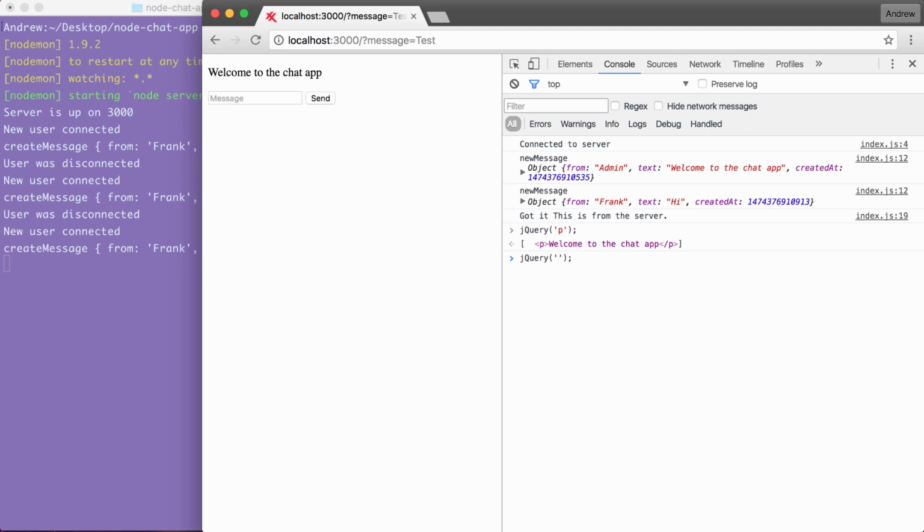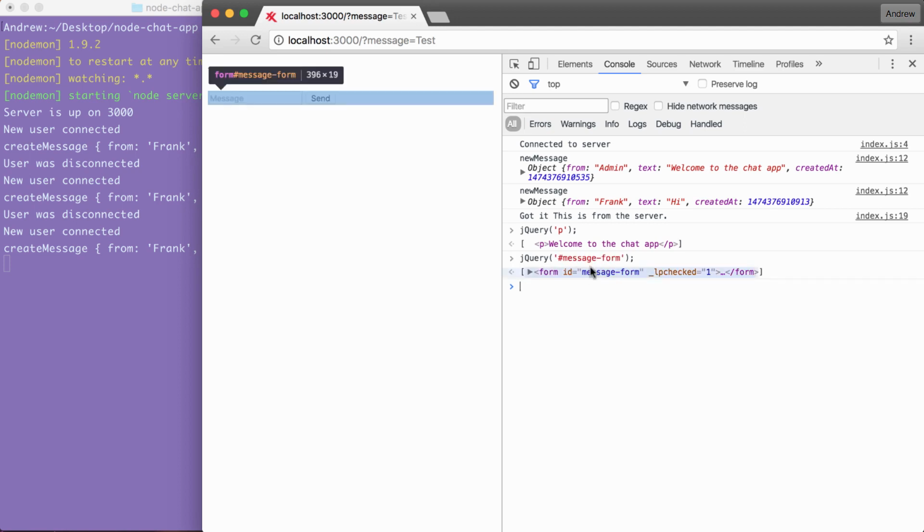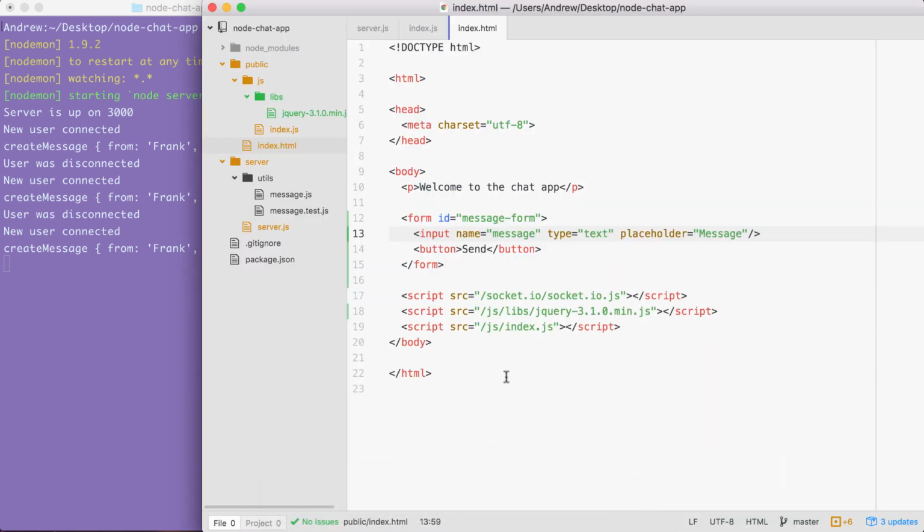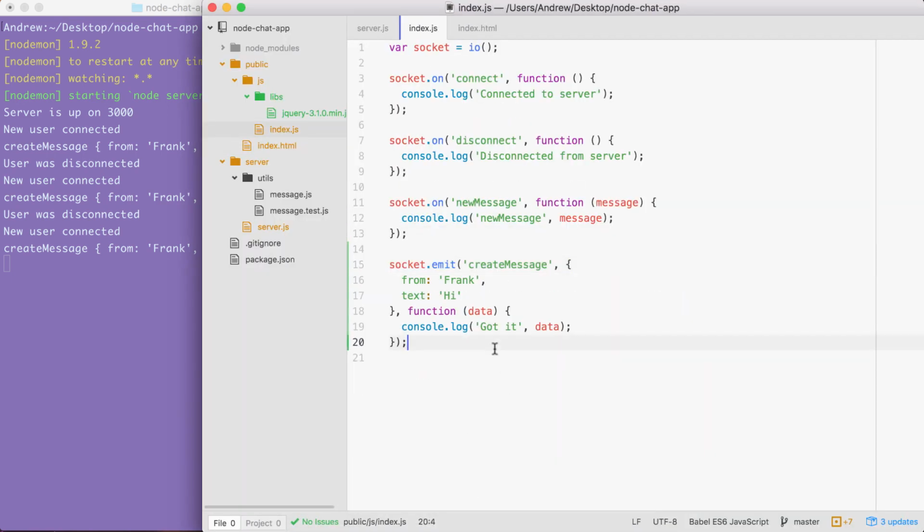In order to select an element by ID, we first start with the pound sign, and then we type the name. In our case, we have a form called message-form, and if I fire this off, we do indeed get that back. This is going to allow us to add an event listener. Over inside of index.js, we're going to add that exact same selector near the bottom. jQuery, calling it with our selector, pound sign,